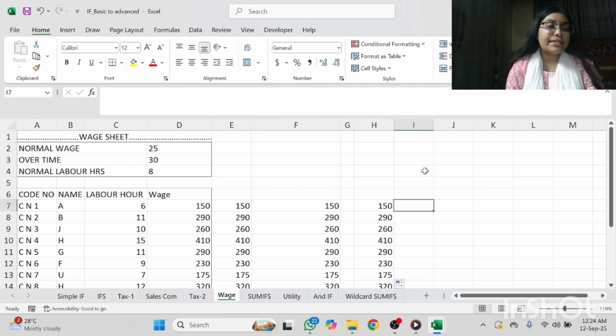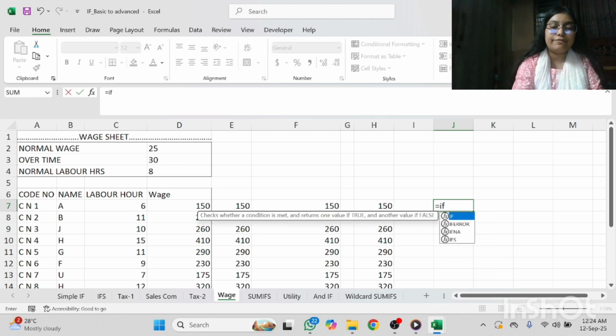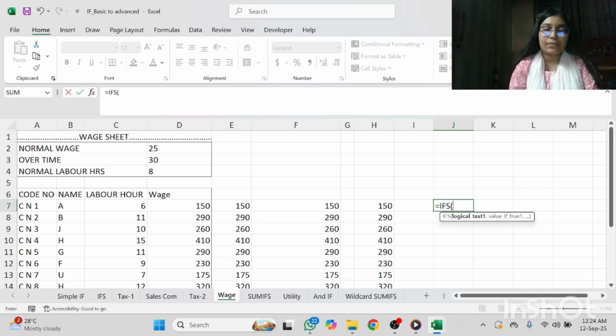So here we can see that the normal wage per labor hour is 25, the overtime wage per hour is 30, and the normal labor hours are 8. If we want to know the total wages of all, then clicking equal IF, then selecting C7 greater than 8, comma, bracket,